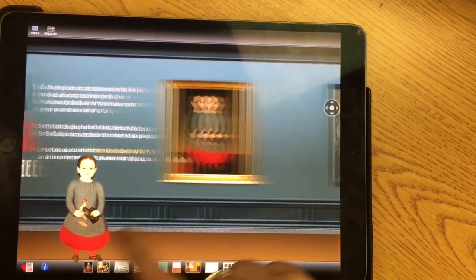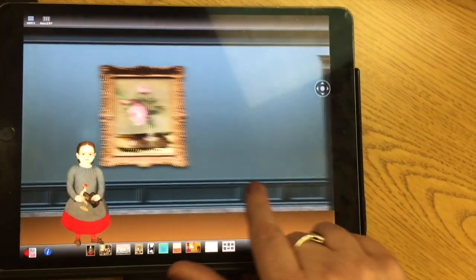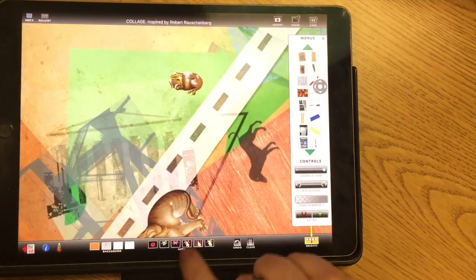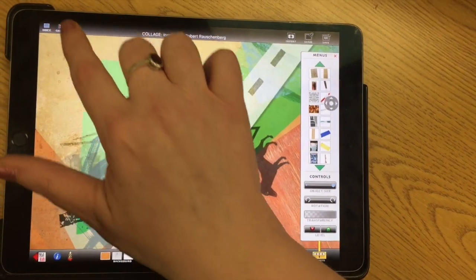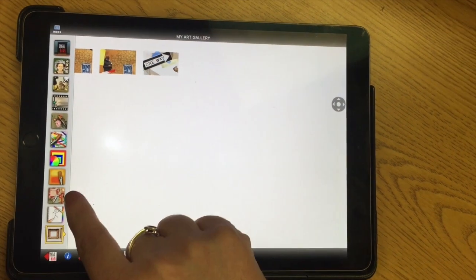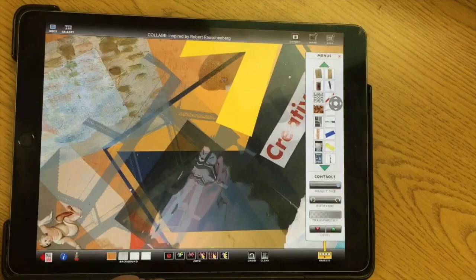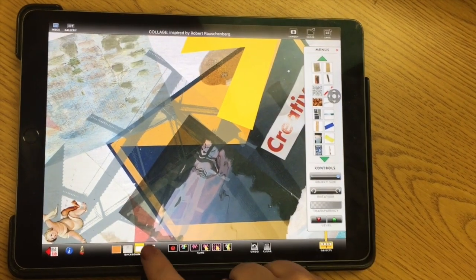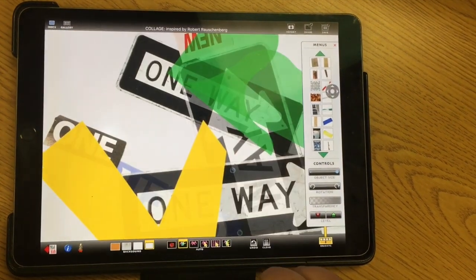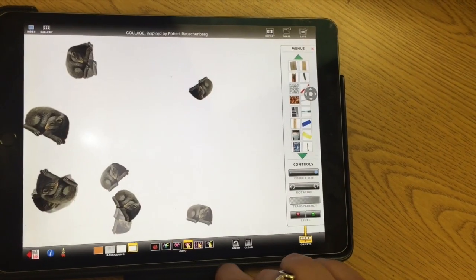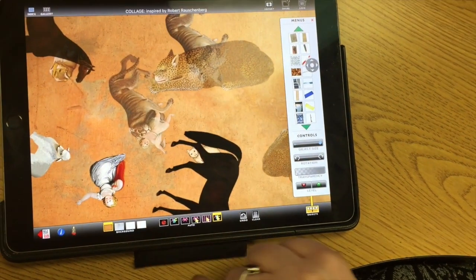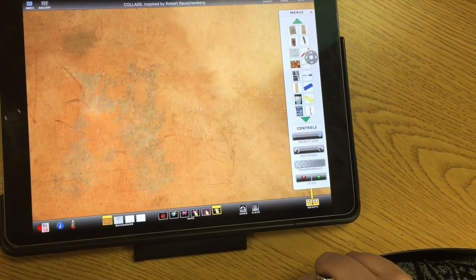Once you open the app, you'll see that you're in a little art gallery, a little museum, the National Gallery of Art. So click on the bottom where there's a little collage photo. If you missed it, it's right here. It has a pair of scissors. Then you can choose all of the different backgrounds. You can play with different predetermined groups that they want to show you. You can move items around. You can also clear and have just a plain background to build on yourself.